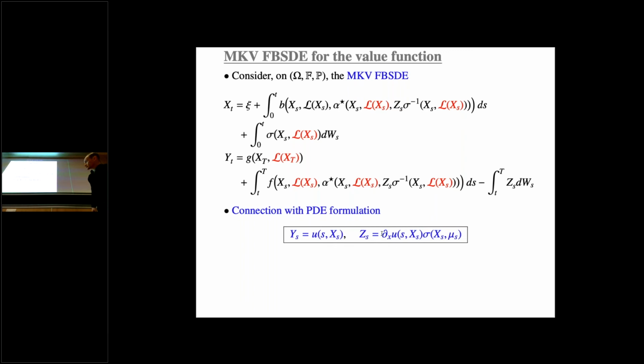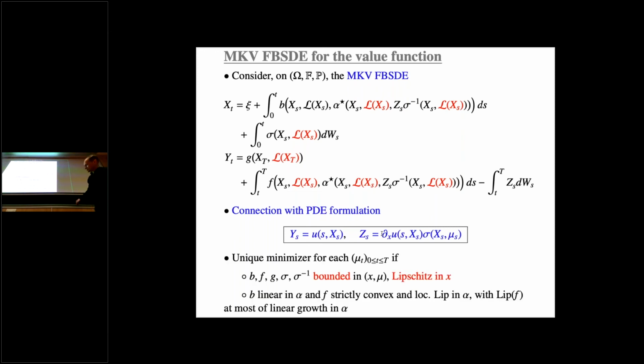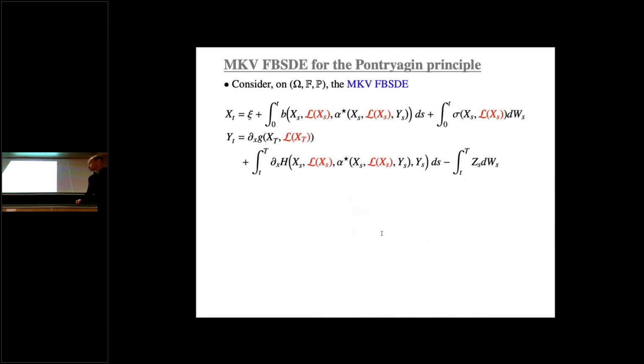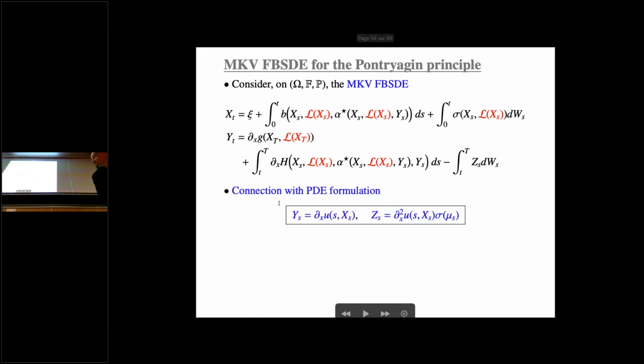Now, another strategy, as I said before, is to use the Pontryagin principle directly to represent the evolution of the optimal feedback function. Well, there are some conditions under which you can apply these arguments. I don't want to describe too much. If you want, you can see a bit on the slides, and I can discuss this with you personally, but I don't think that it is really needed to describe the conditions for which this works. So another approach, as I said, you represent Y t as being connected with the derivative of the value function. So this is what you have here. You see that this is not the same. You represent the derivative of the value function.